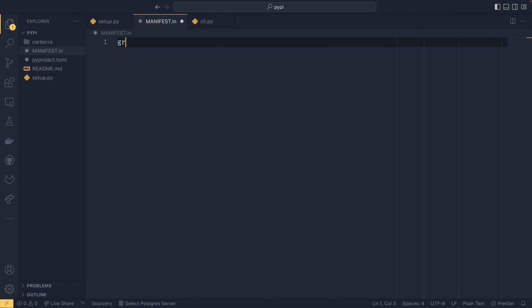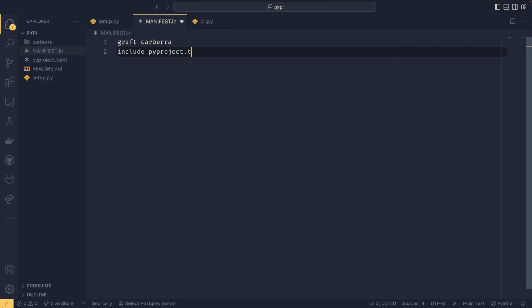And we're going to do graft Carbura. So the graft is essentially include directory. So this will include everything in this directory here. And then we have our include, which is just include file. And we want to include our pyproject.toml. We also want to include our setup.py. Not setup.pyproject. And then we want to global-exclude